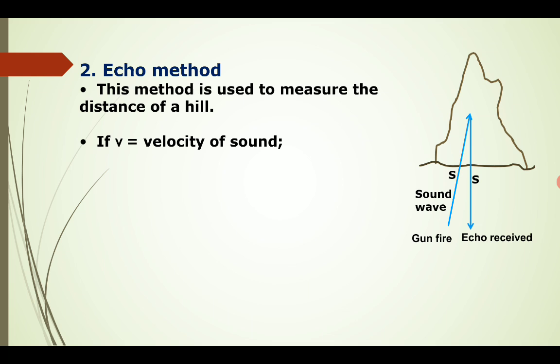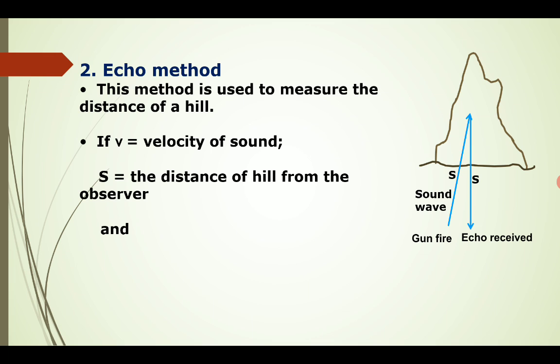So the gun is fired towards the hill, and the time interval between the instant of firing the gun and the instant of hearing the echo of the gunshot is noted here. This is the time taken by the sound to travel from the observer to the hill and back to the observer. Now, if v is the velocity of sound and s is the distance of hill from the observer and